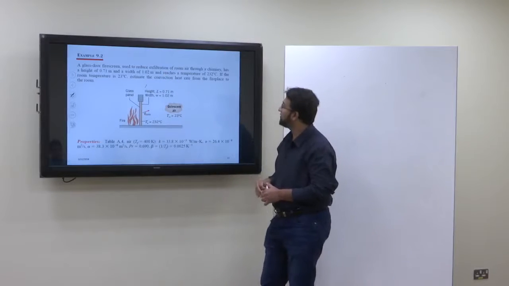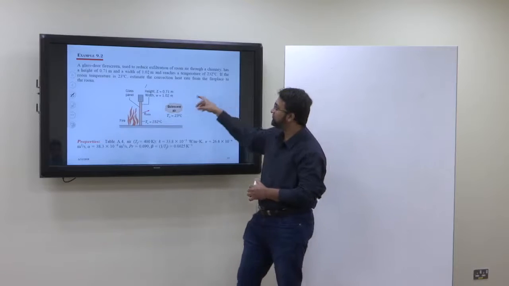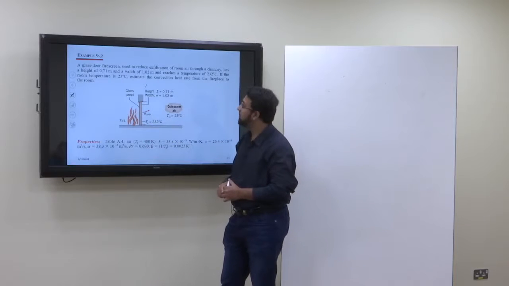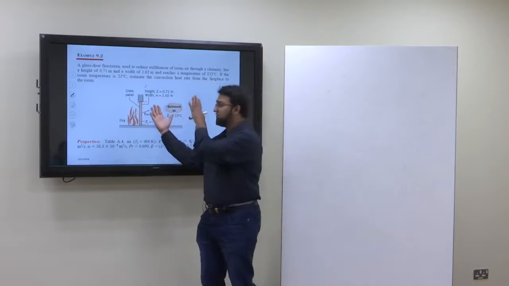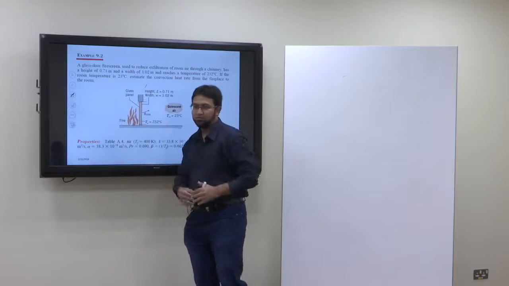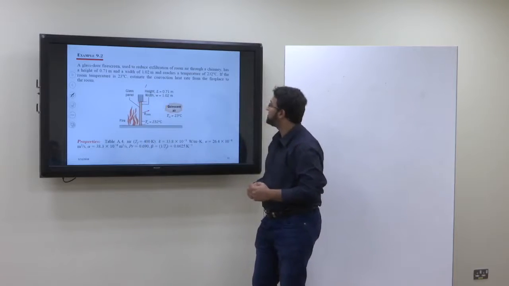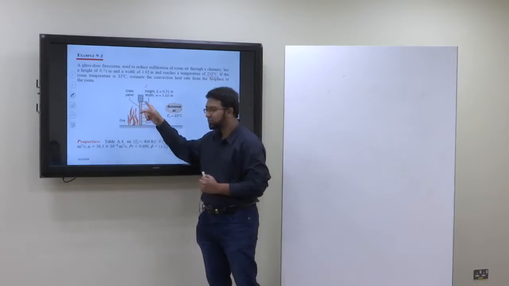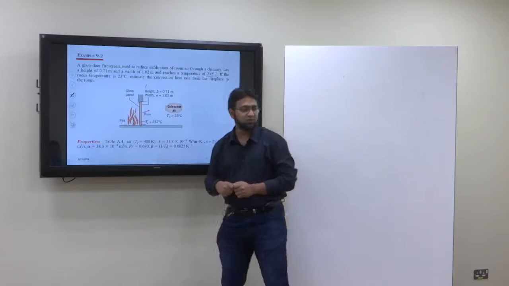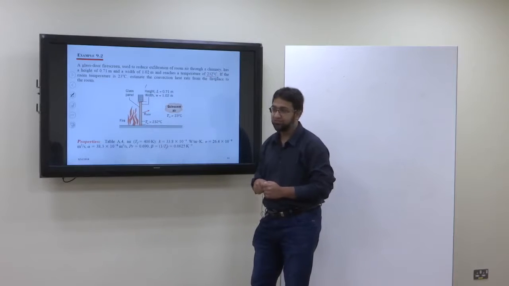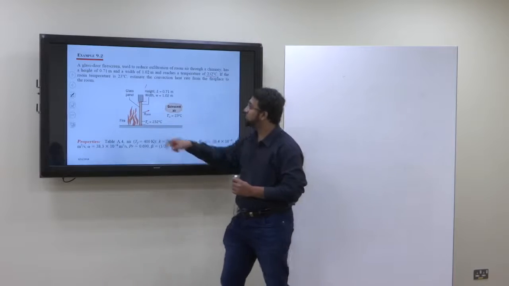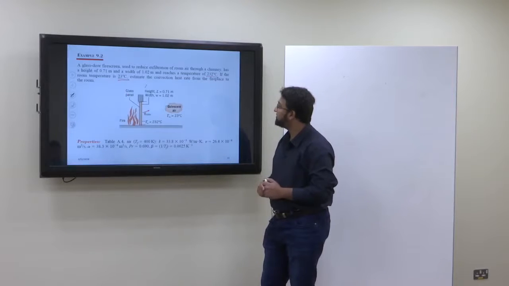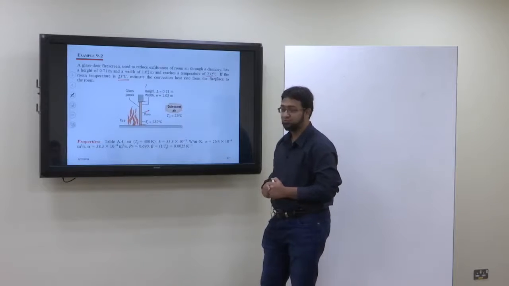Of room air through a chimney, it has a height of 0.71 meter, and a width of 1.02 meter, and reaches a temperature of 232 degrees centigrade. So this glass door reaches a temperature of around 232 degrees centigrade. If the room temperature is 23 degrees centigrade,